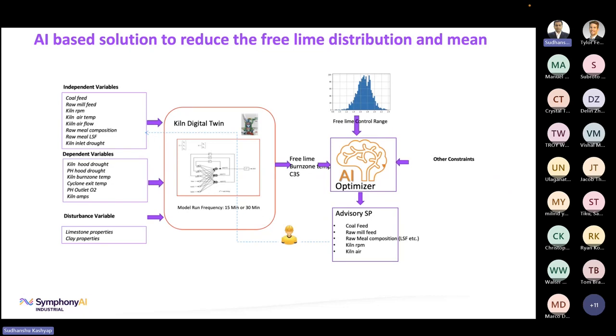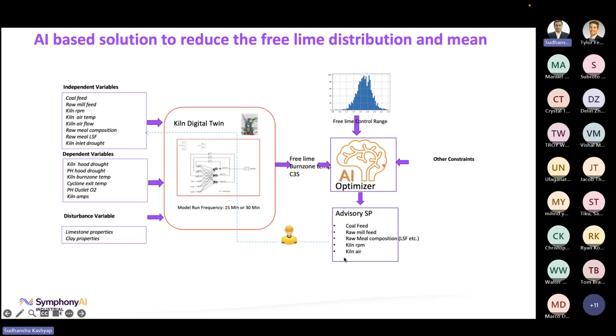Once we have this soft sensing model in place, which is an artificial neural network model, we can have an AI optimizer which could use these predictions, for example, free lime, burn zone temperature, and C3S, coming out of this model with all these inputs on the left side. Limited inputs have been shown here, but in actual conditions, there will be more inputs to these models. And once we have this in real time, and we know in what range we want to control the free lime with other constraints, the AI optimizer can set up an advisory